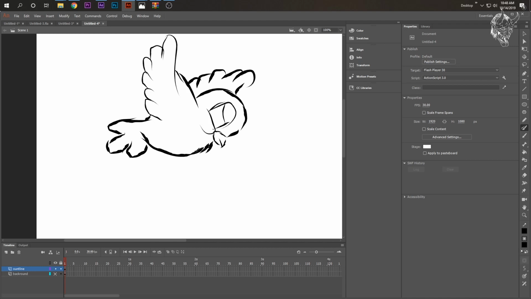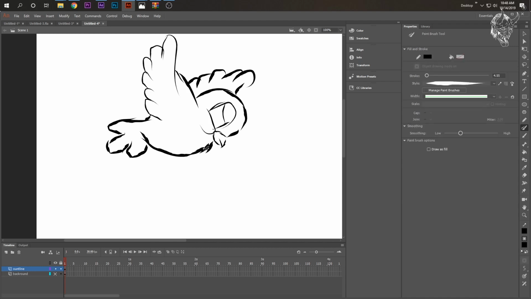What I like to do is go over again with a smaller stroke to give it more of a nice artistic feel. But if you want it to be nicer, you can go to the smoothing right here and change this to high, and then it'll be super smooth like that. Or